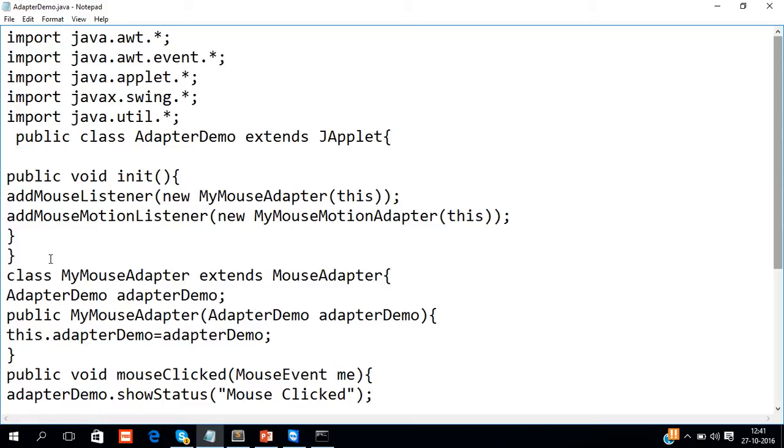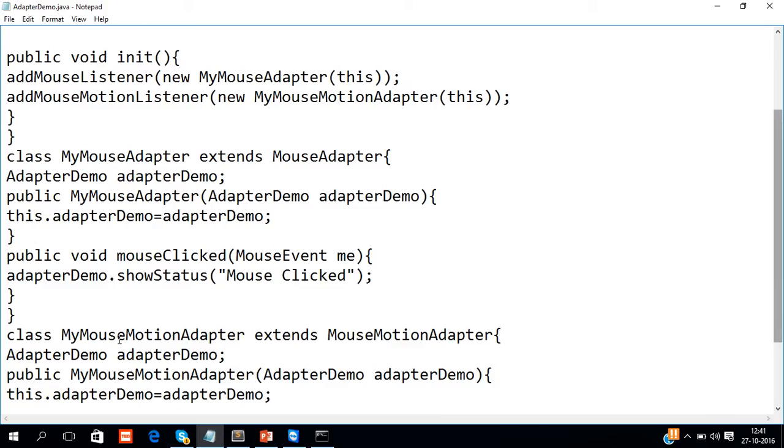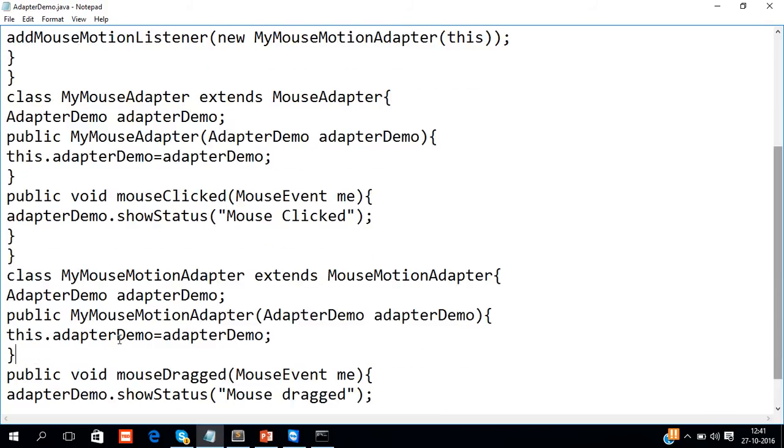The class MyMouseAdapter extends MouseAdapter and overrides the mouseClicked method, as you can see. The other mouse events are silently ignored by the code inherited from the MouseAdapter class. And MyMouseMotionAdapter, which extends MouseMotionAdapter, overrides the mouseDragged method.